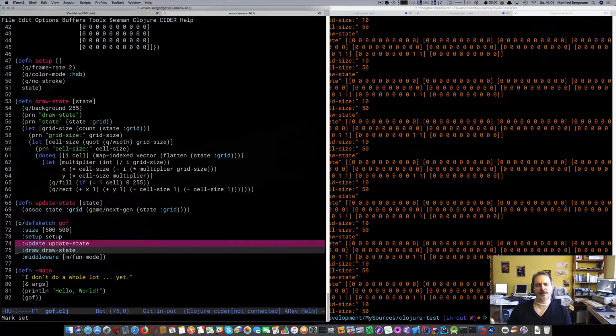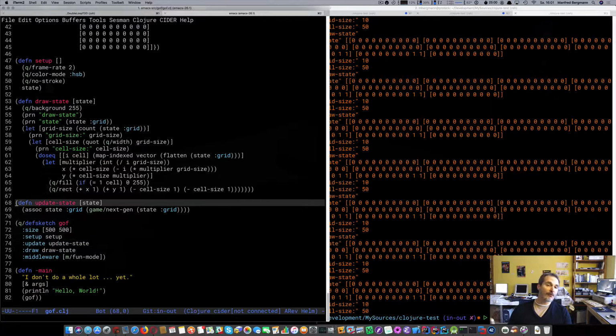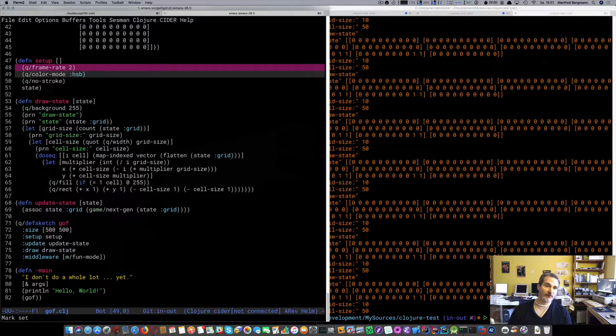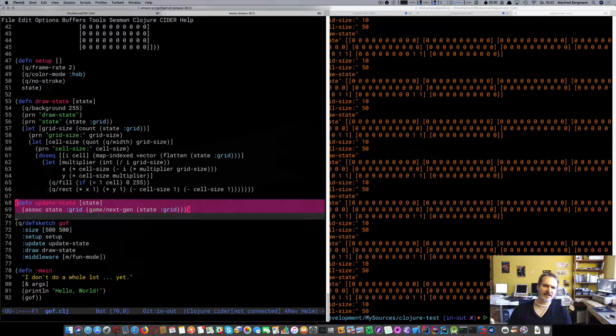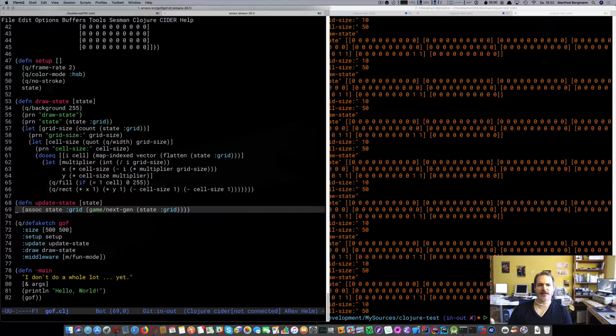Then for every new frame that is generated, and we have 2 frames per second that we have defined here. So for every frame, the update method is called, update state. Update state is here. So what does it do? It associates our state,